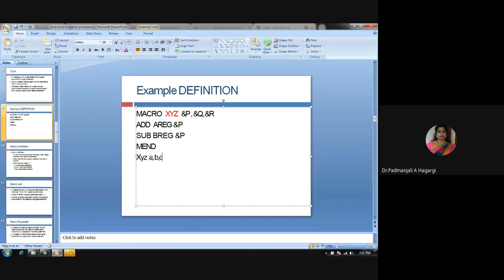So using this positional parameter, I am passing my actual values. So a should be given to p only, b should be given to q only, and c should be given to r only. This is what positional parameters are.